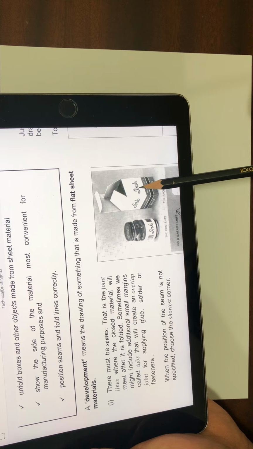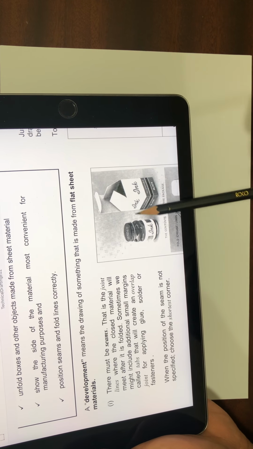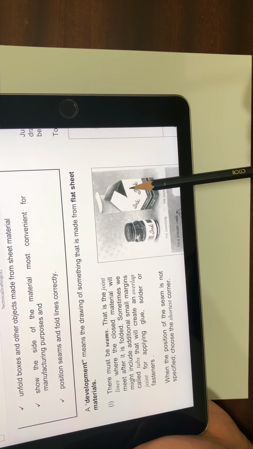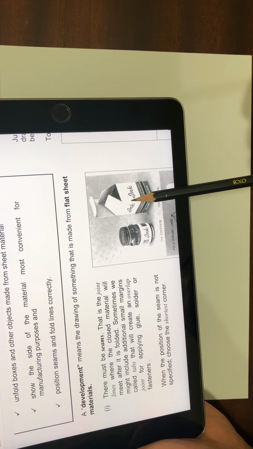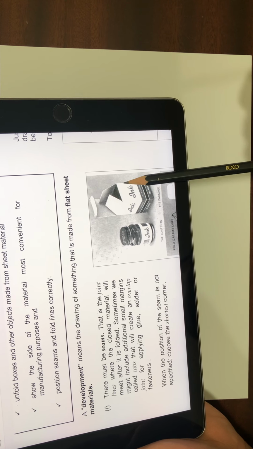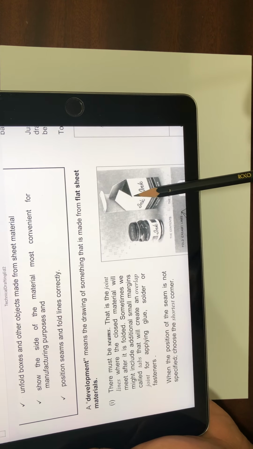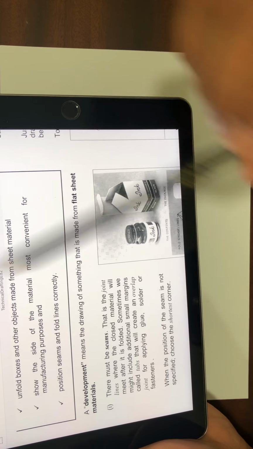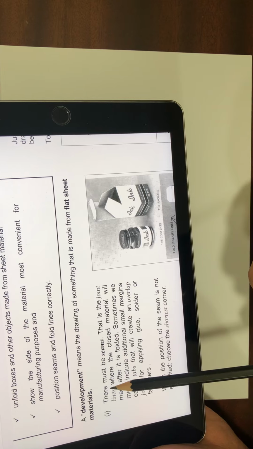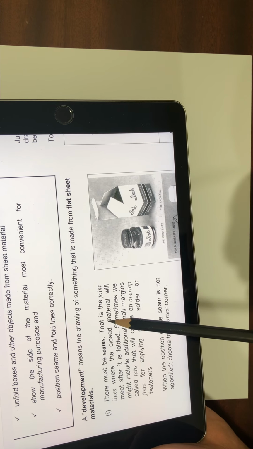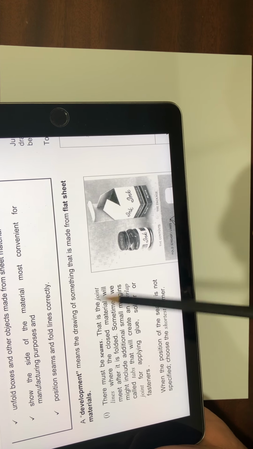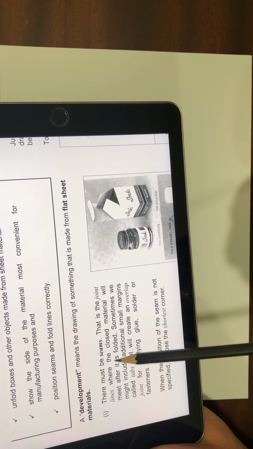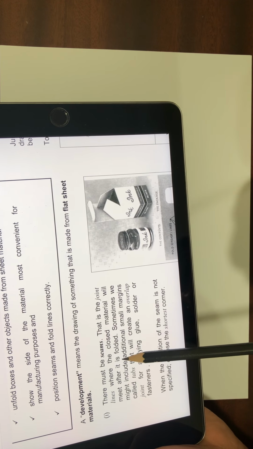Suppose this box. This box is made of a sheet. The sheet is folded 4 times, 1 2 3 4. The sheet is folded 4 times to make this shape. Now the first point here is there must be seams. A seam is nothing but a joint, that is the joint lines where the closed material will meet after it is